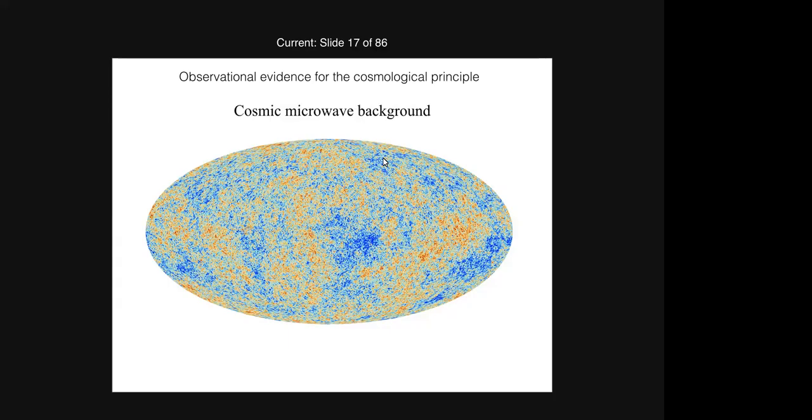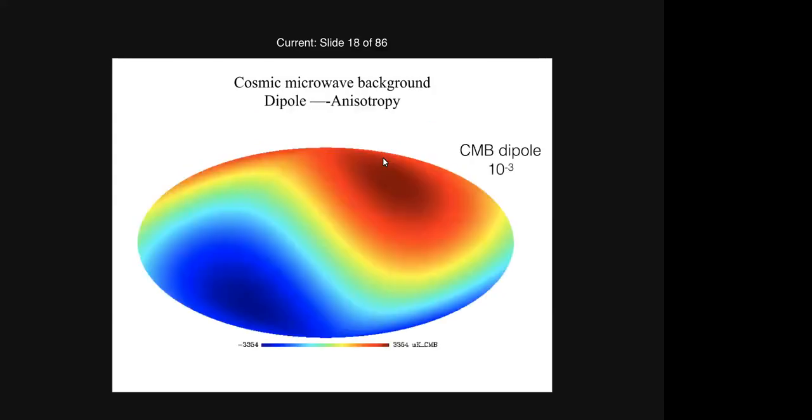But this map of the universe at very early times has been obtained by cleaning a fluctuation that is 100 times larger, and that is the CMB dipole. In order to see the CMB primordial fluctuations, you need to remove this one. This is 100 times larger, and it's attributed to our motion. It's not considered to be primordial. It's not due to some sort of primordial quantum fluctuation. It's attributed to the velocity of the observer.